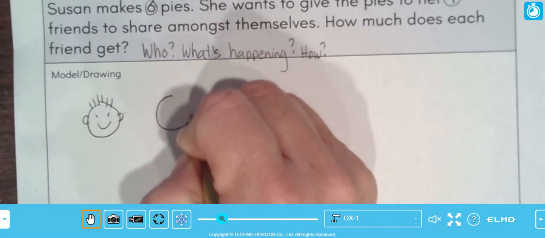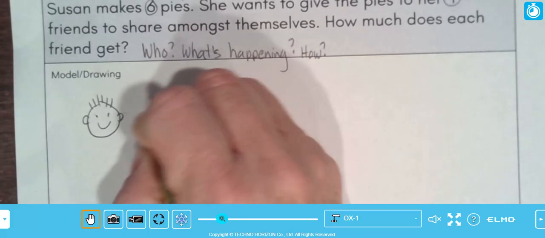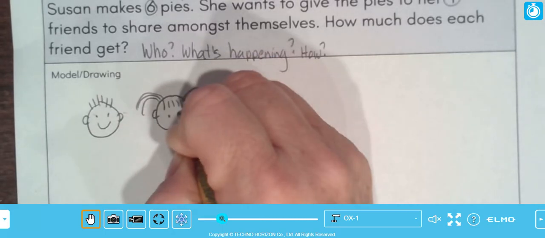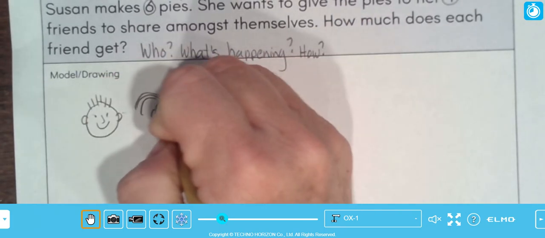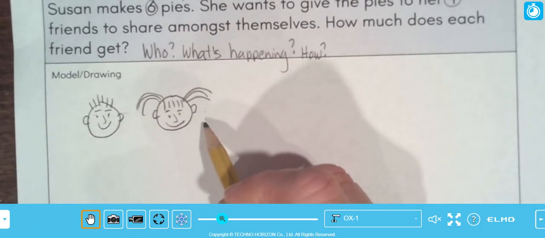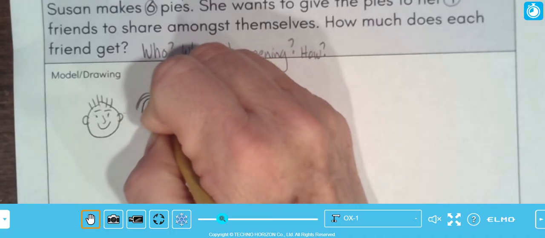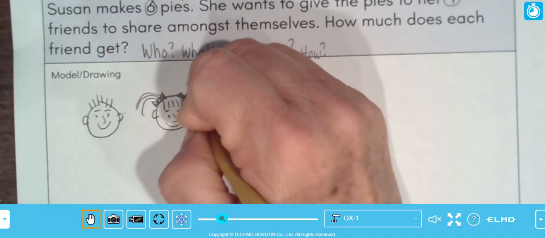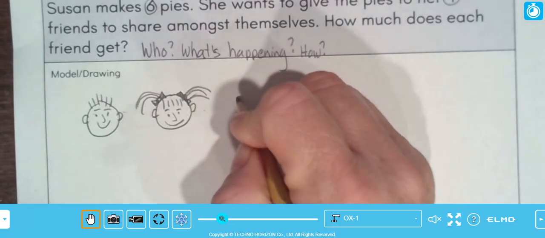Friend number 2. I should give them a nose, shouldn't I? They shouldn't be without a nose and some eyebrows. So I gave him noses and eyebrows, right? And I should probably give her a little bow. You don't have to draw, your friends don't have to be like my friends, okay? You don't have to draw them the same as I draw them. I just figured I'd give her little bows. Okay, then another little boy